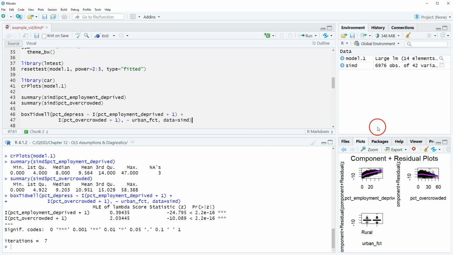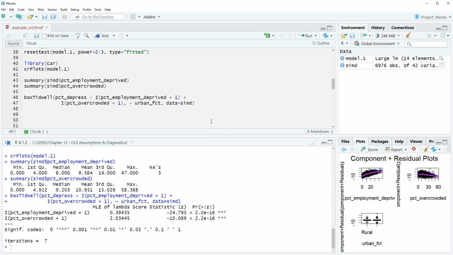What we're going to do is rerun our model that we had. So we're going to rerun model 1. Okay, we're going to do it like this. So summary, we're going to do model 1. We're going to call it model 1A. That's what we're going to save the object as. We're going to do lm percent underscore depress, and then tilde, all right, then we're going to do percent employment deprived